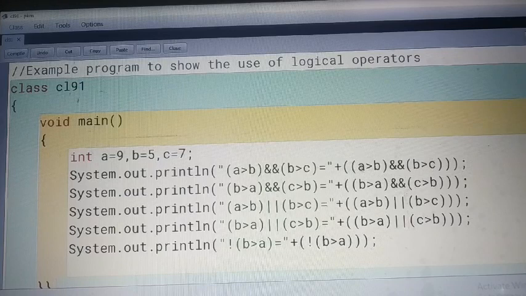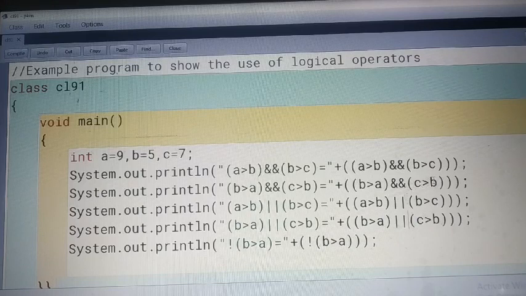When all conditions are true, it will provide you true, otherwise false. So 9 is greater than 5, correct? 5 is greater than 7, which is wrong. So true and false, the aggregate result will be false. Next, is 5 greater than 9? No. Yes, it is false.